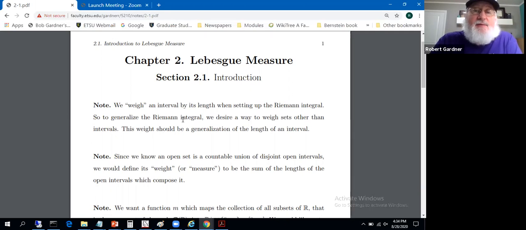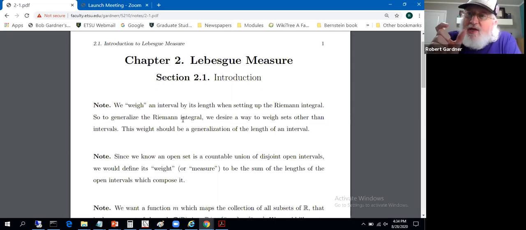So the big picture is, I want to generalize Riemann integration. We'll do so by generalizing the idea of the length of an interval. Riemann approaches integration by partitioning up an interval, drawing rectangles, as it were, with bases determined by the widths of those rectangles and heights determined somehow from function values. So what we're going to do is similar; we'll still be thinking rectangles, and we'll determine heights from function values somehow, but the bases are going to be different.